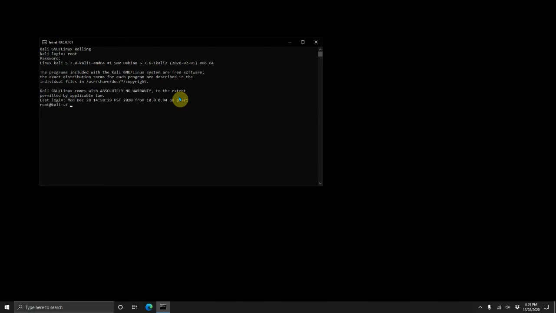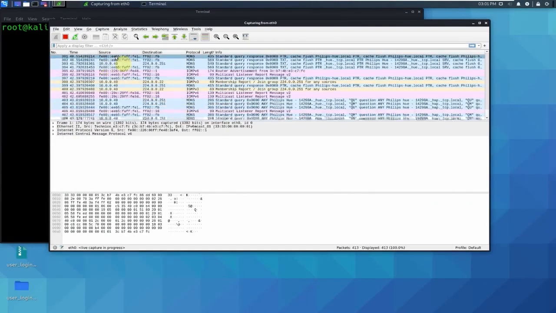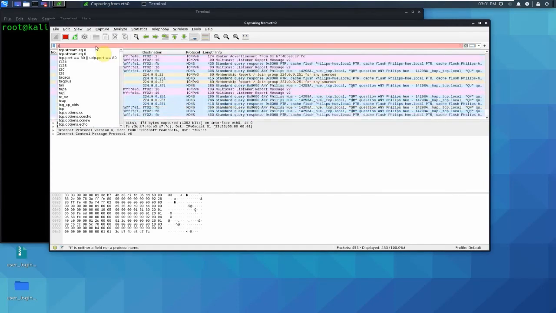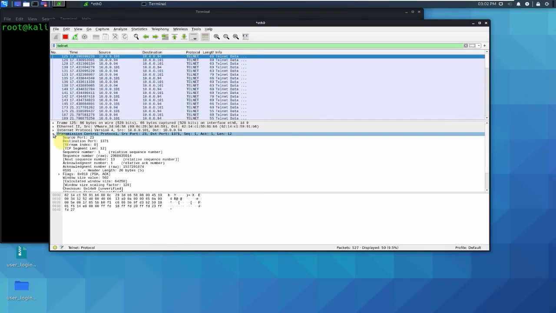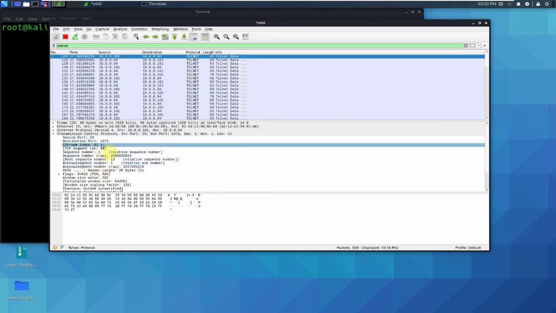So I'm just going to do some basic telnet activities such as listing the files and seeing the current working directory. So now let's go back to the attacker server where we are monitoring the traffic. We see there's constant network sniffing happening. So let's go ahead and search only for telnet. So we saw there was a connection that was initiated and established. Let's look at the ports that are being used. So we see that the server is running on the default port 23 and the client is connecting on